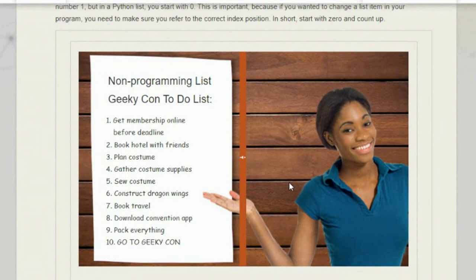Number 7, book your travel. 8, download the convention app so you don't miss anything. 9, pack everything, and 10, go to GeekyCon. But if we wrote this list in Python,